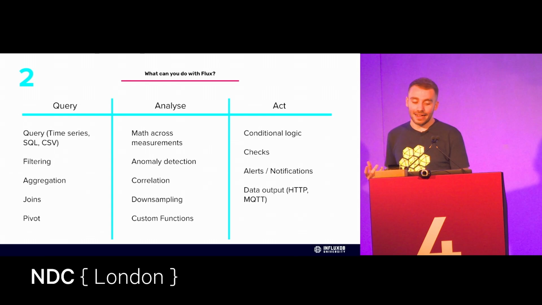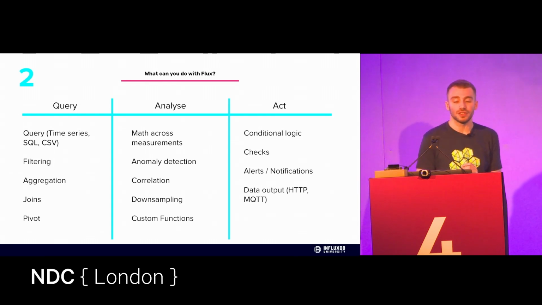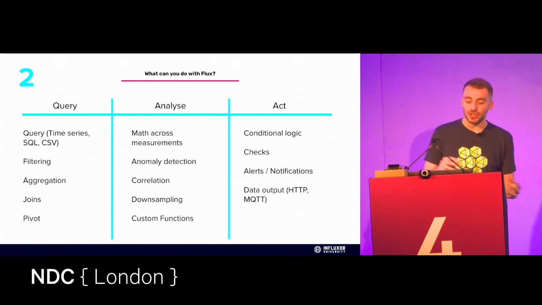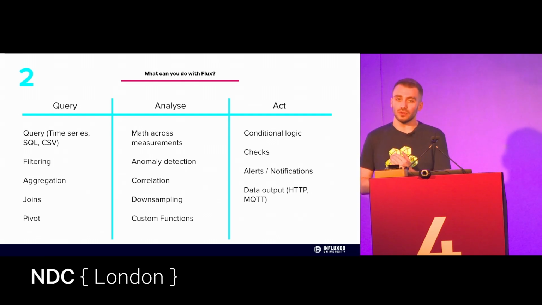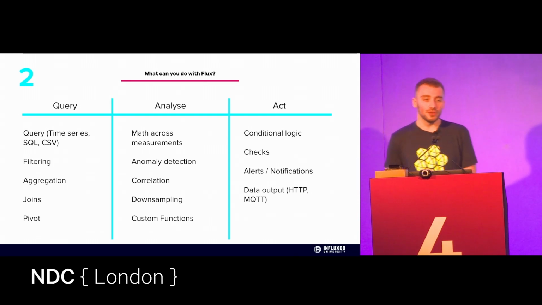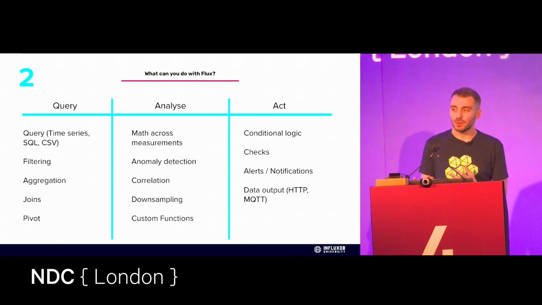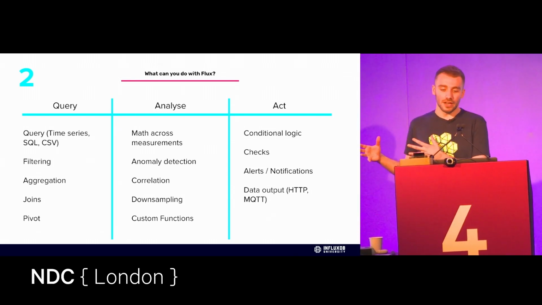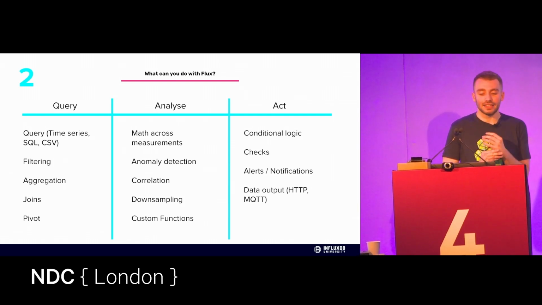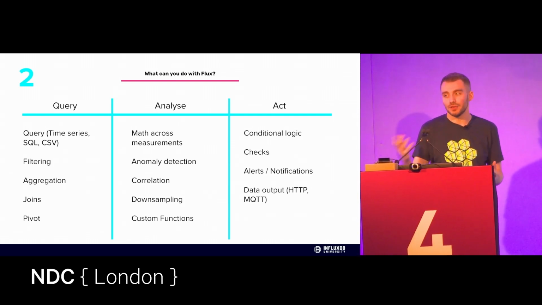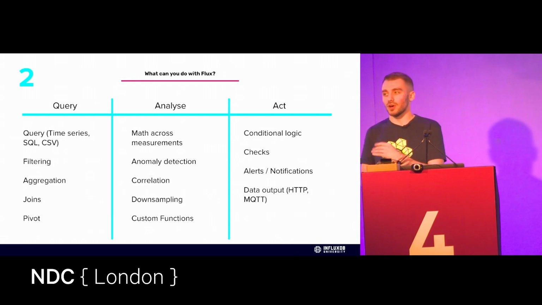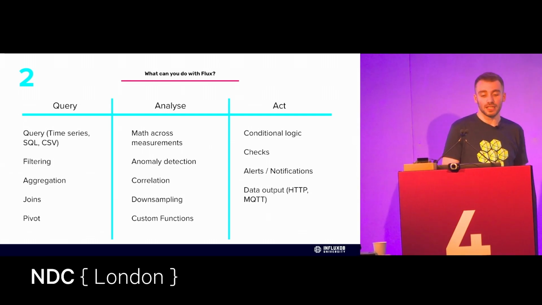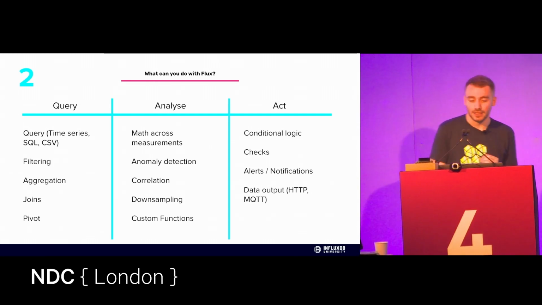And lastly, you want to be acting on your data. And this really refers to sort of conditional logic, so the ifs, ands, and ors of a functional programming language. You can actually perform checks, alerts, and notifications, on which we'll get to in a bit. And you can actually output the data through Flux as well. So there's a number of ways you can get your data out of InfluxDB, but if you want to do it all on server side, you can actually do it through the data output through, say, HTTP, MQTT, Slack, Teams, the works. There is a number of plugins to get your data out of InfluxDB purely just through Flux.